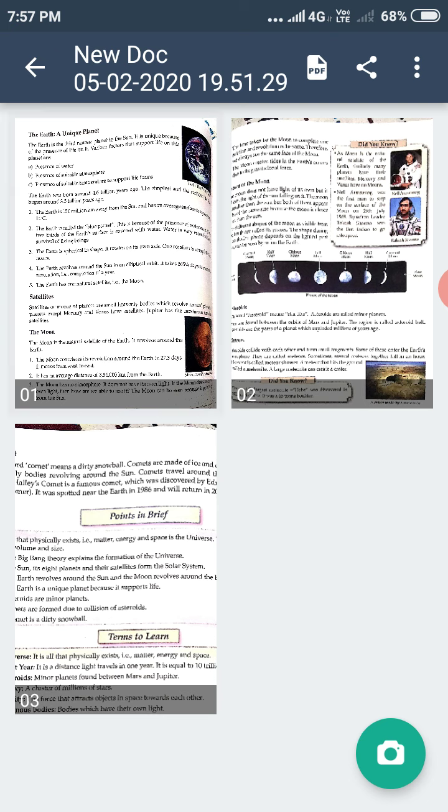384,000 kilometers. The Moon does not have any atmosphere as Earth has an atmosphere, and it also does not have its own light. Moon does not have its own light. Then how are we able to see it? We are able to see it because it gets its light from the sun.